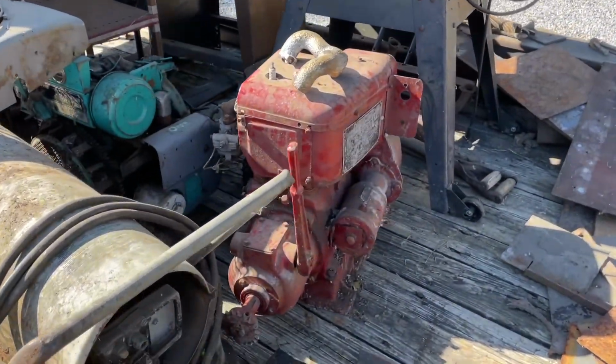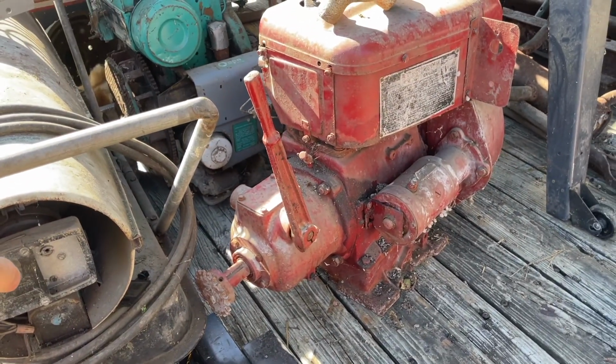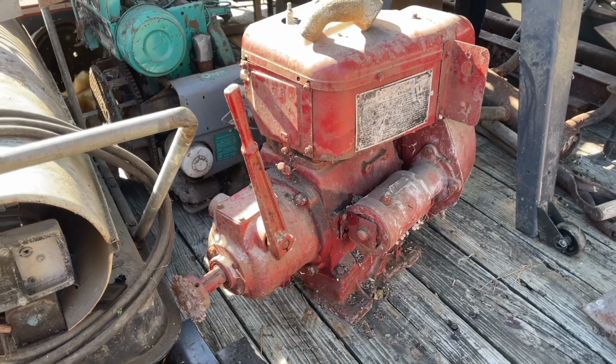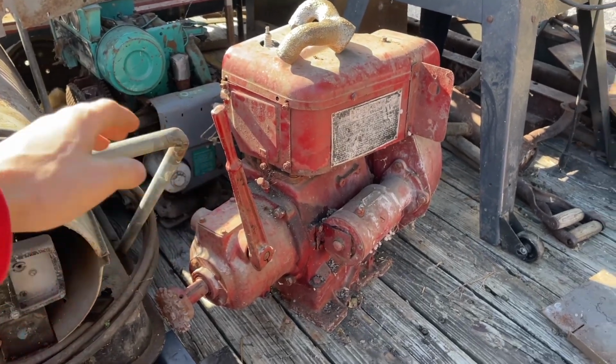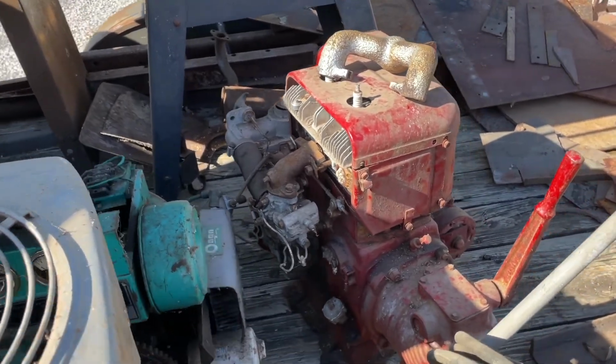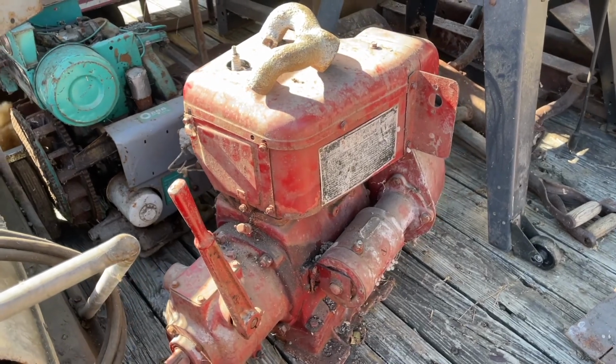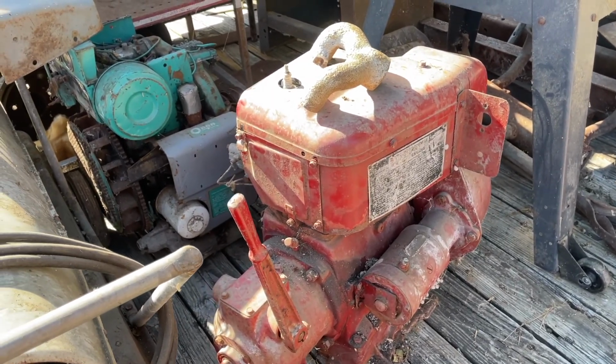This is a cool item. This is a Wisconsin engine and it has a little transmission on the back. I don't really know that much about that. If anyone is familiar with these engines, I'll kind of zoom around it. Post some info in the comments. I'd love to know more about it. I gave 75 for this, but it seems old and it seems really cool, so I don't think I'll do